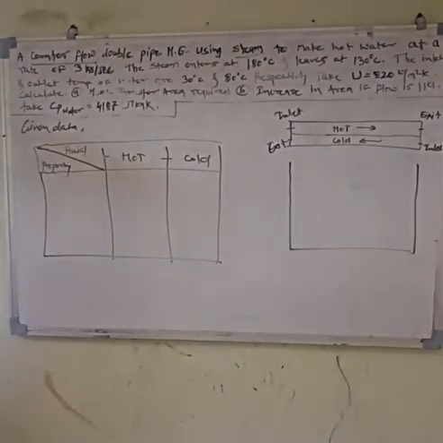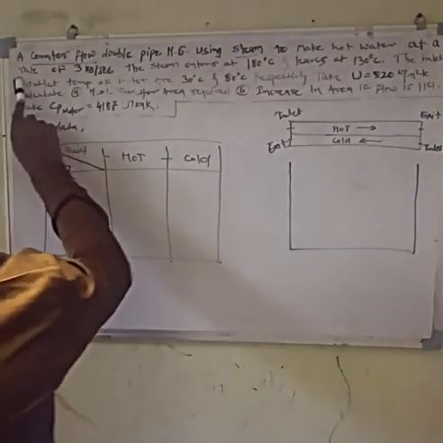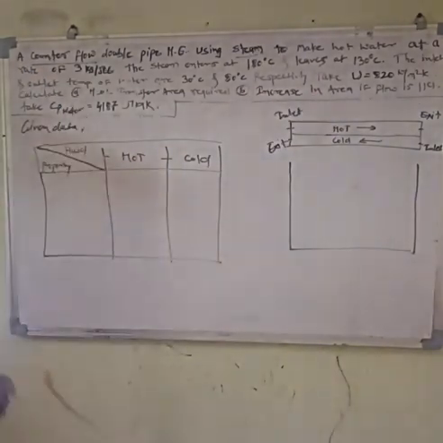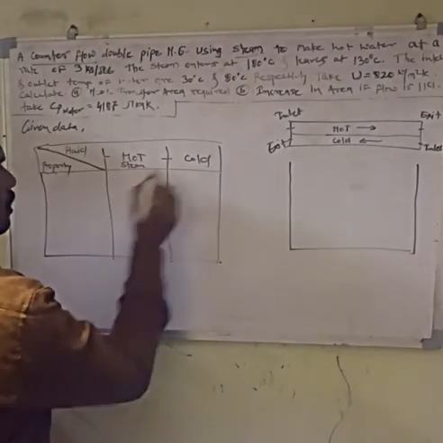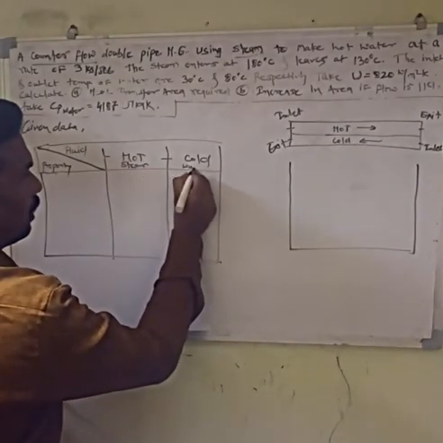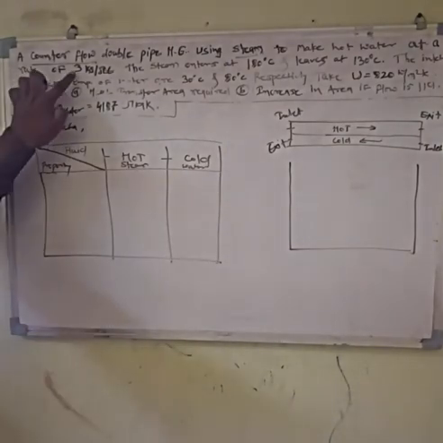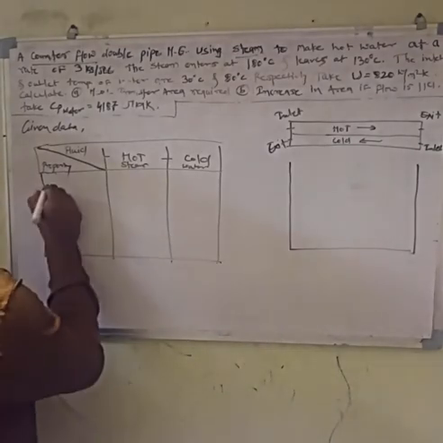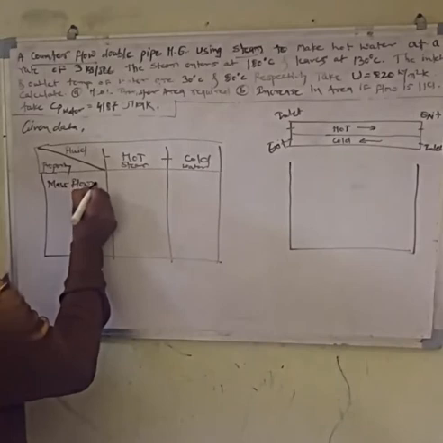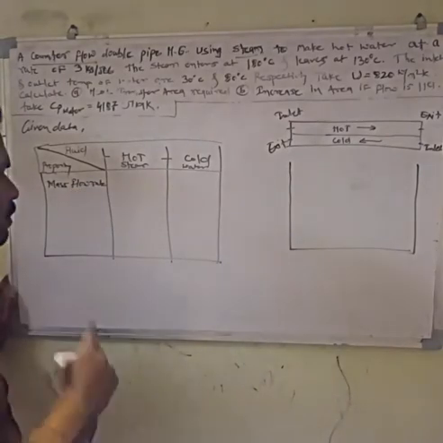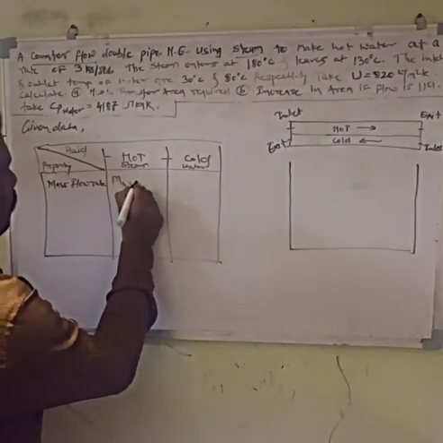So now here we have steam at a rate of 3 kg per second. So the mass flow rate of steam, which is hot, so for hot we will write steam, and cold is water, so here we will write water. Now steam is at a rate of 3 kg per second, so here we have mass flow rate. For the hot fluid it is mh, which equals 3 kg per second.